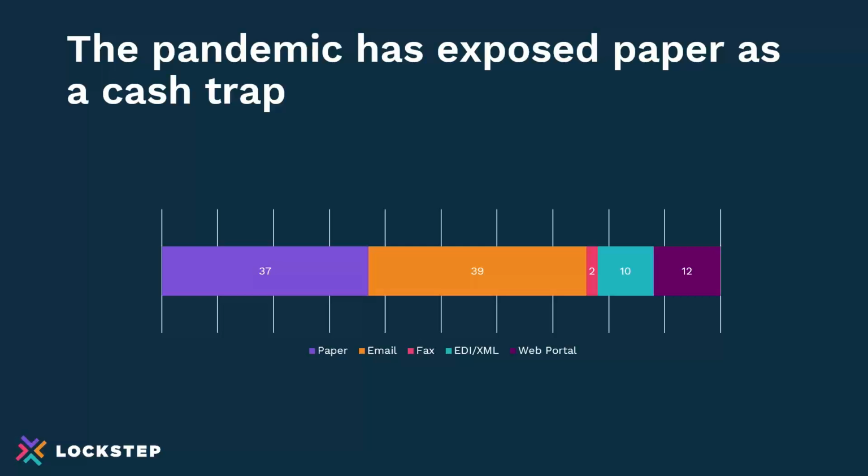So the reality is, as I just mentioned, if you're issuing a paper invoice, you're also likely to get a paper check. That is just slowing your cash flow down. So paper is clearly a cash trap, and eliminating paper really improves cash flow. As I mentioned, in these roundtables people that we've talked to say it is an imperative right now to get rid of paper and move to email as an electronic form of doing that.